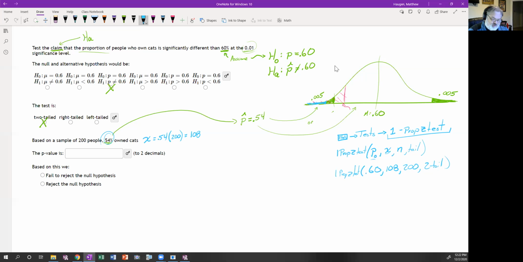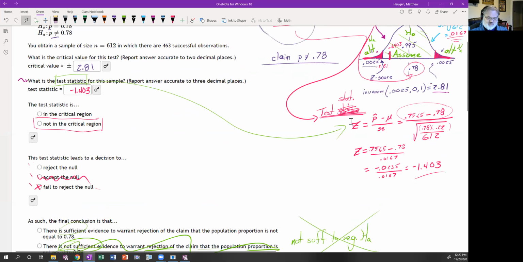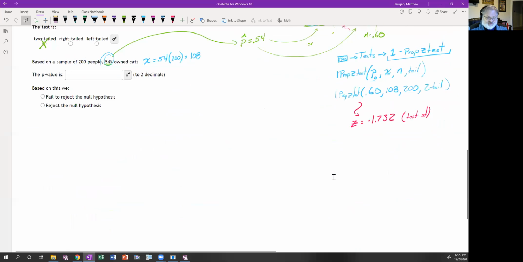And that should output a Z value. Now, that is our test statistic. So if you didn't want to find your test statistic by hand, if you didn't want to do what we did up here, this test gives you that test statistic if you want it. But it also finds our p-value,